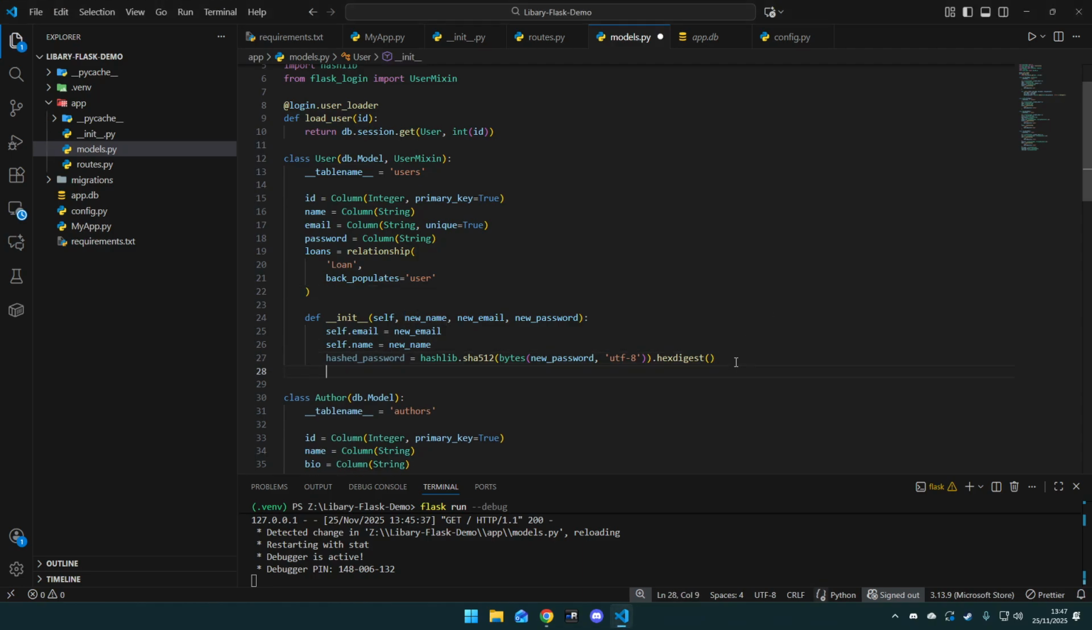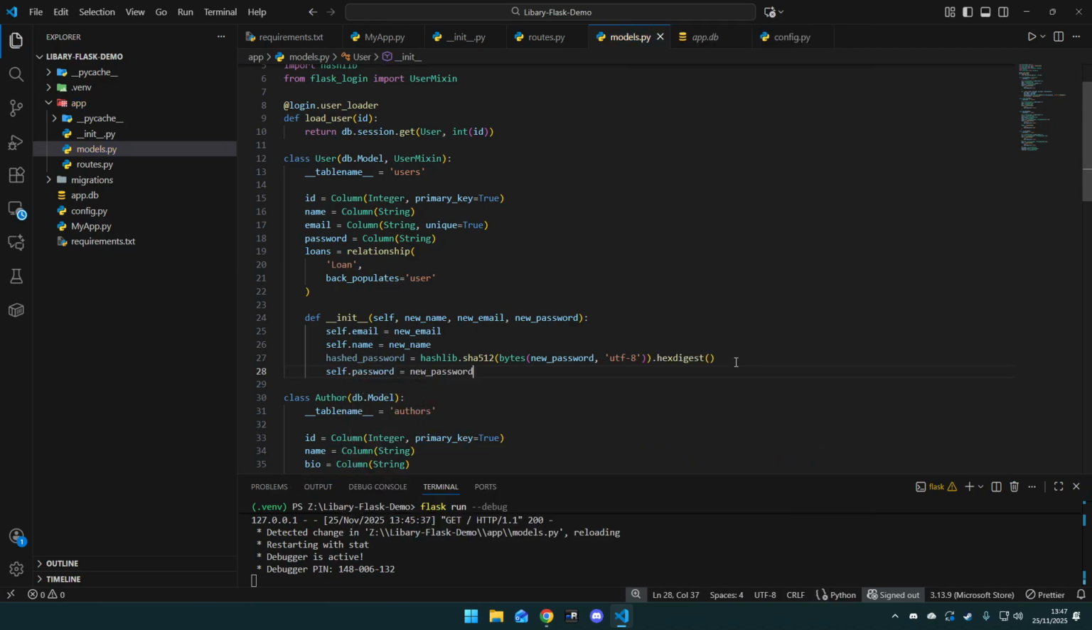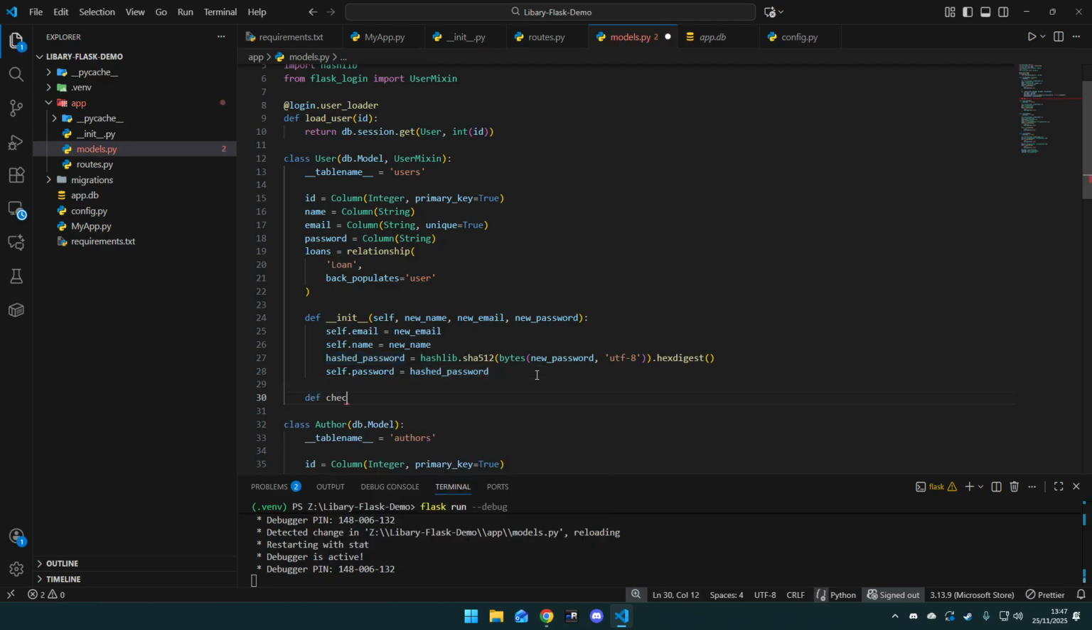So we've got our hashed password, and then we need to set self.password as our new hashed password. Self.password equals the hashed password. We're going to need a function later on to check the password. So check password. We're just going to be checking that the password supplied